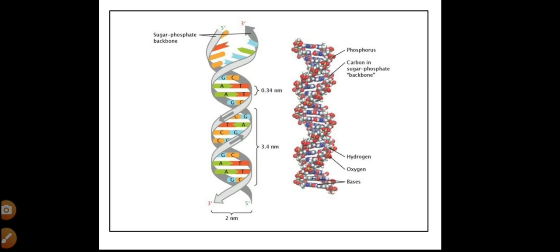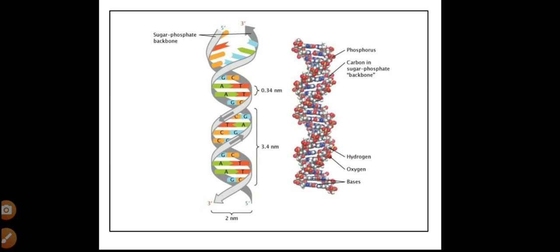Okay, and moreover, a turn means 360 degrees. So in 360 degrees there are 10 base pairs. It means that a base pair can be arranged at some angle to the preceding base pair. So the angle between two adjacent base pairs is 36 degrees, because in one turn, that means 360 degrees, there are only 10 base pairs. So here every two base pairs can be oriented at an angle of 36 degrees.